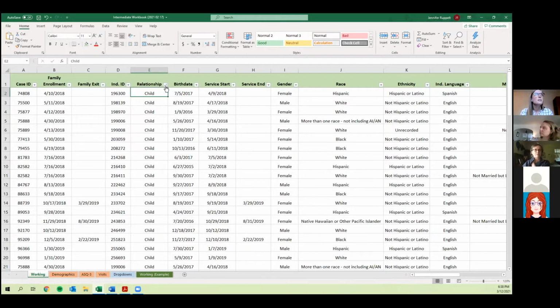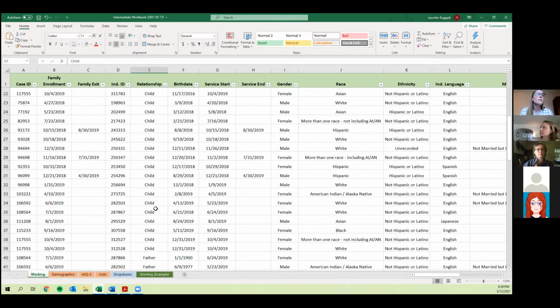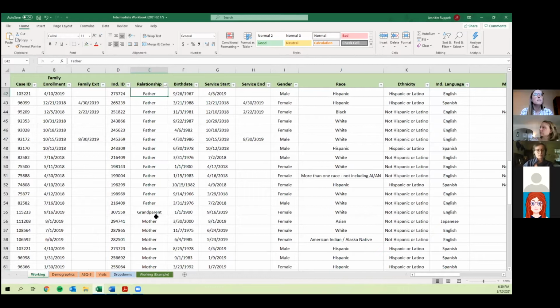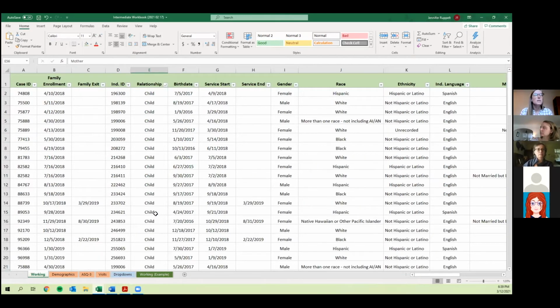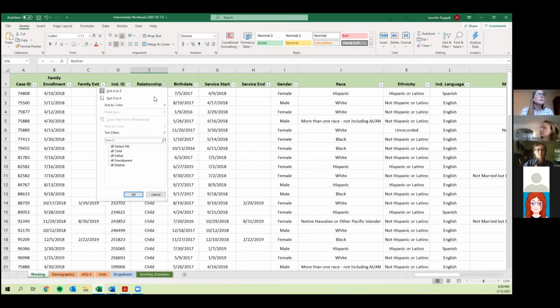And I can see that I've got this little arrow, this up arrow, that's all of a sudden on this filter. And looks like I've got all the children at top, then father, then grandparent, mother, just in alphabetical order. So it's grouped everything for me together really nicely. And again, I can do reverse alphabetical if I'd like, but now I want to play around a little bit